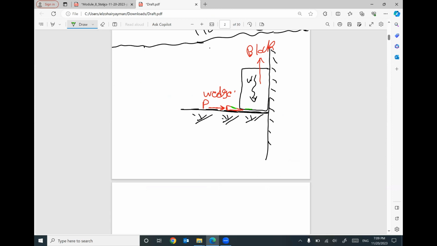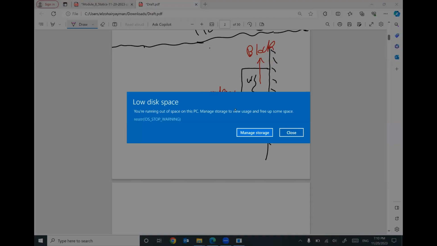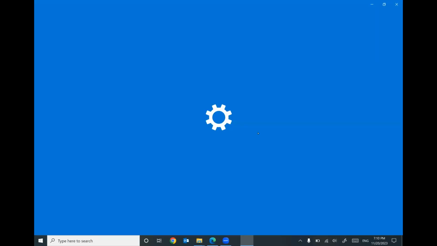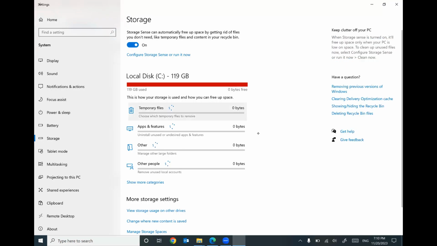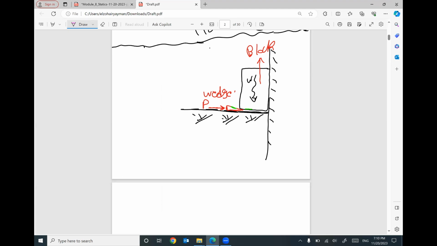So we have friction. And also we have a contact between this surface and the ground surface. And also, if this block is moving up, we will have a contact between the surface of the block and the wall surface. So keep in mind, if you have contact,